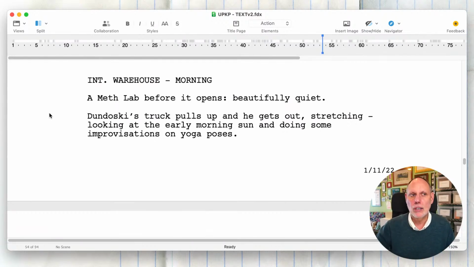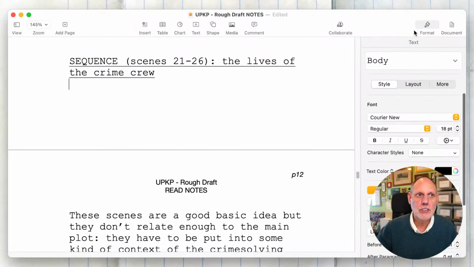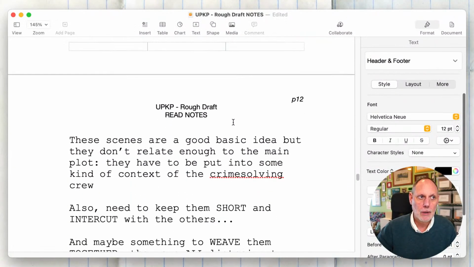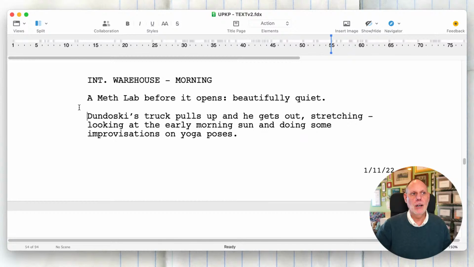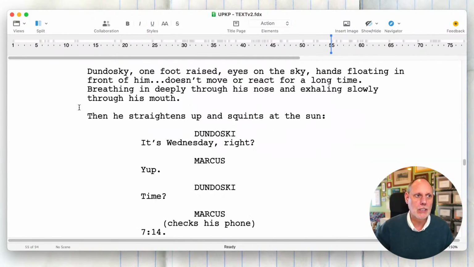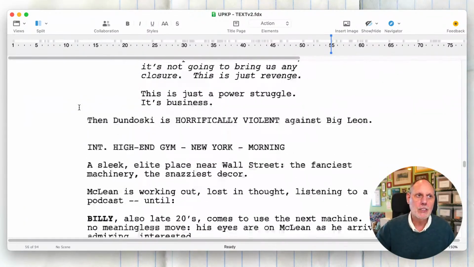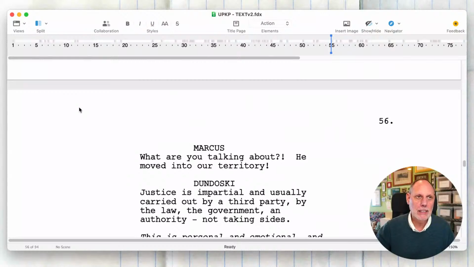It's a good start, but the first thing is it's all in the wrong order, because what I did was I wrote Dundosky, McLean, Shrimpton, and I gave each one of them 2 scenes. Because I was trying to understand their characters, their story, I wrote those 2 scenes next to each other. So I've got 2 Dundosky scenes here, and then 2 McLean scenes.